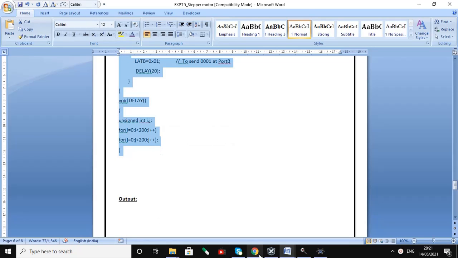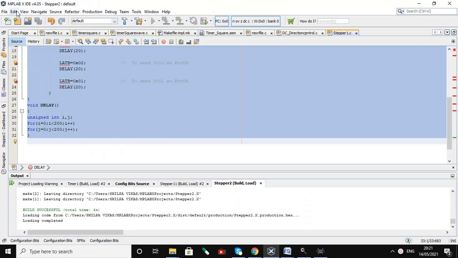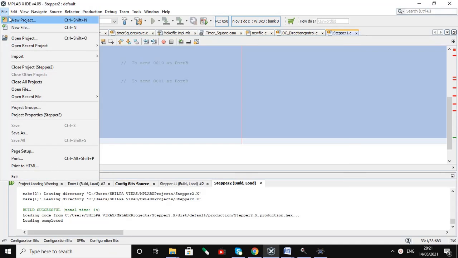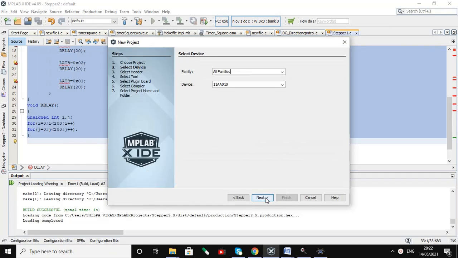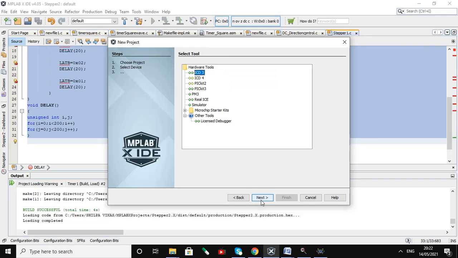Now we'll go to MPLAB: File, New Project, Standalone Project. Next, write down here PIC 18F4520. Click on Next. Simulator, Next.